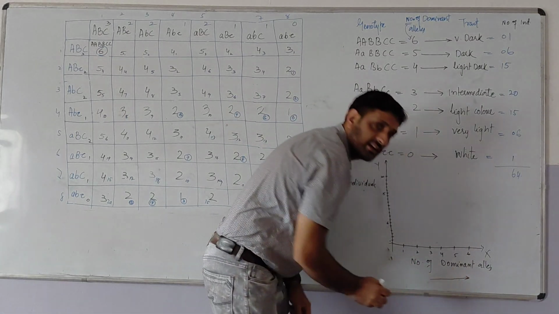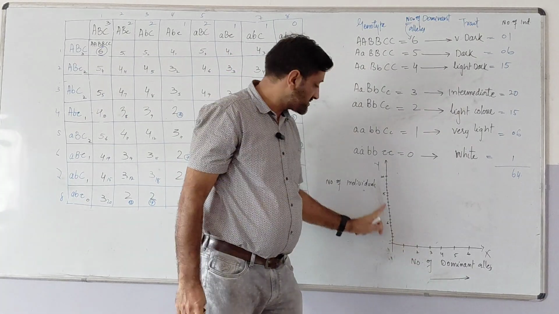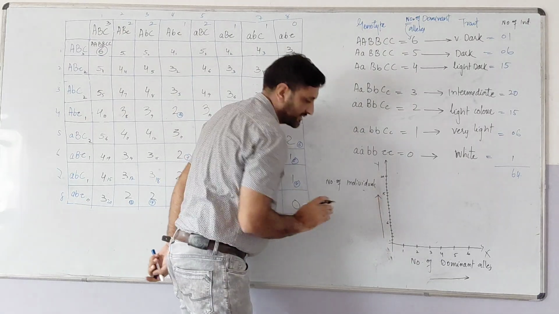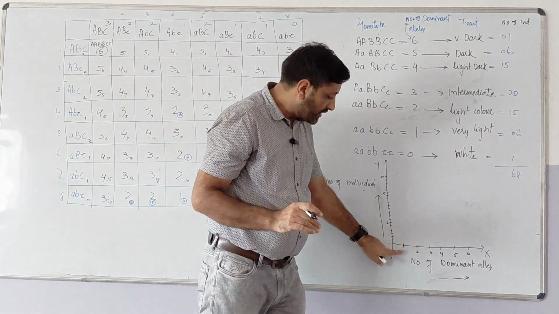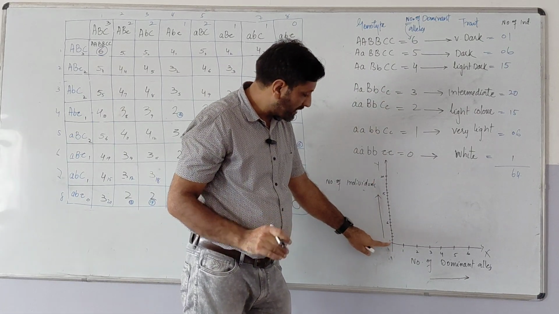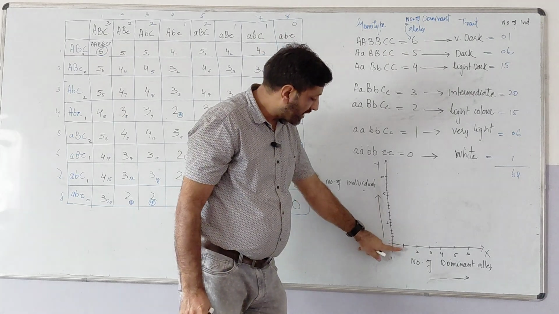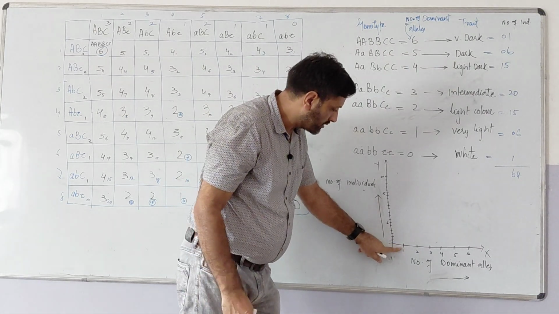It is the direction of increase in these dominant alleles, and this will be taken against the number of individuals, and the number of individuals will be increasing like this. Is this clear? So if we see the first thing with dominant allele 1, the number of individuals we will see with 1 dominant allele, I think this